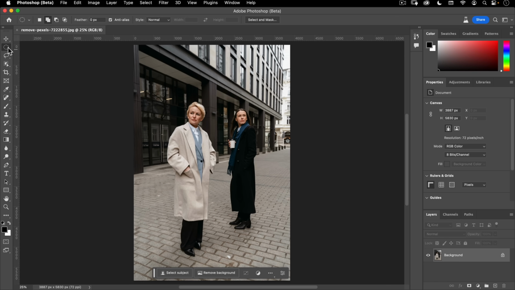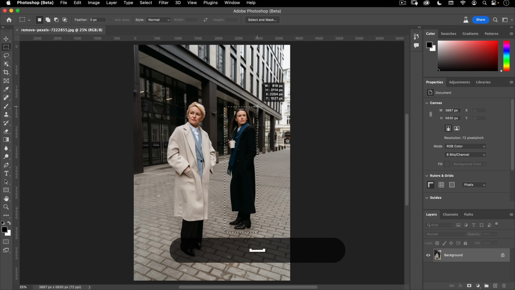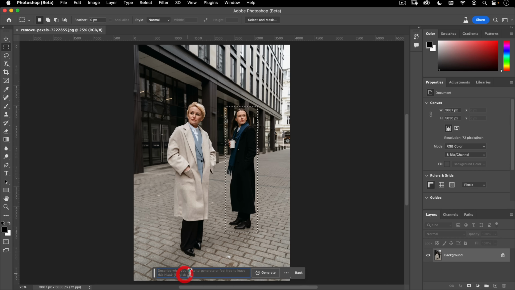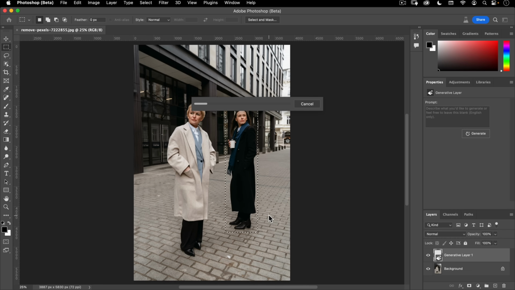So first, to get rid of her, let's go ahead and just make a selection that just encompasses her. I want to leave as much of my original image intact, so I want the selection to be pretty darn tight around her. Okay, so we'll do it there, and then here I'm just going to generate. Again, if you don't put in a prompt,